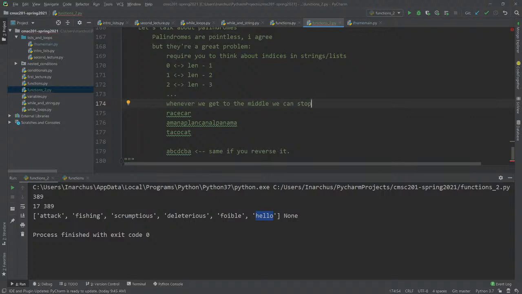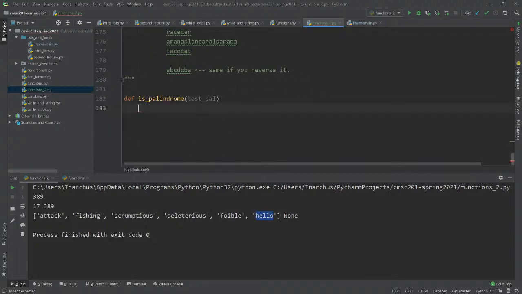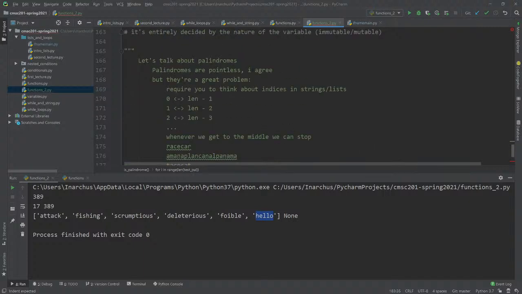One way to do it is you can say for i in range, len of test pal. There is a formula you can use, because here you have to check if i matches with the length minus 1 minus i.